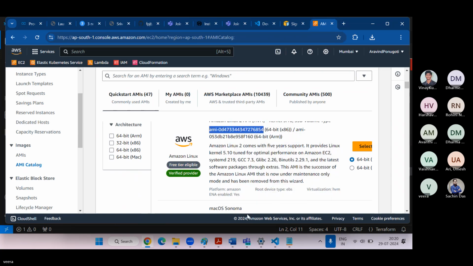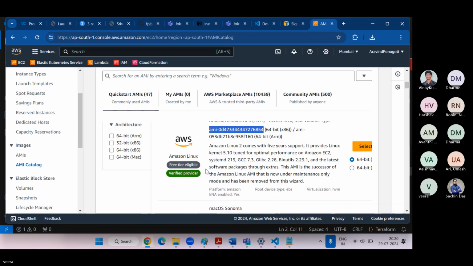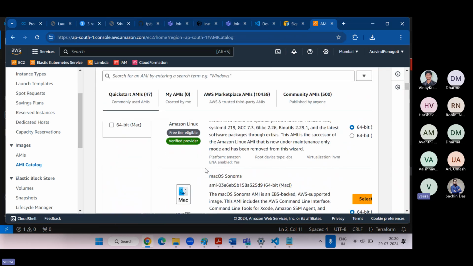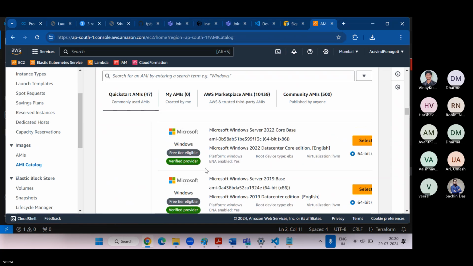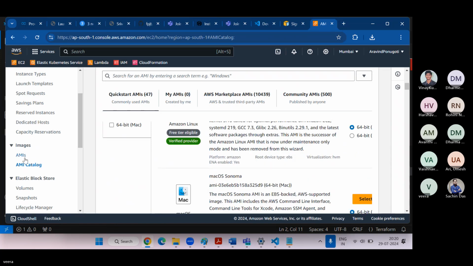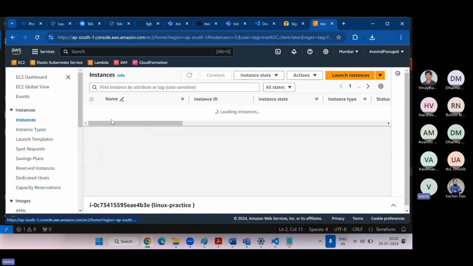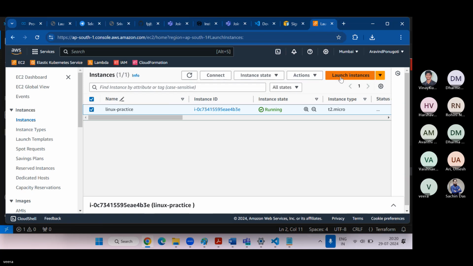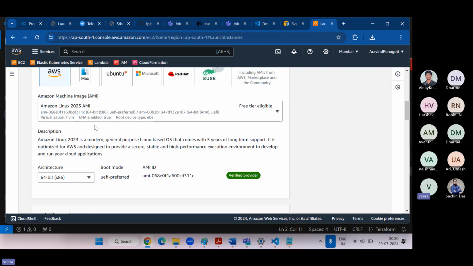Copy. Sorry, this is verified providers. Anyway, free tier we have to go. Let's go to launch instance. It's not coming here.